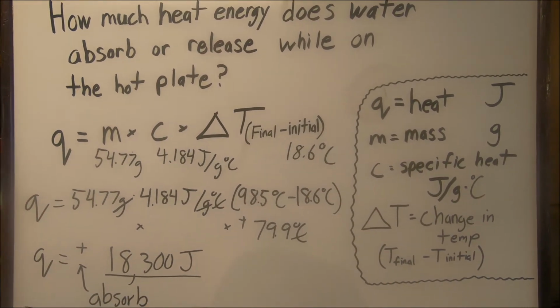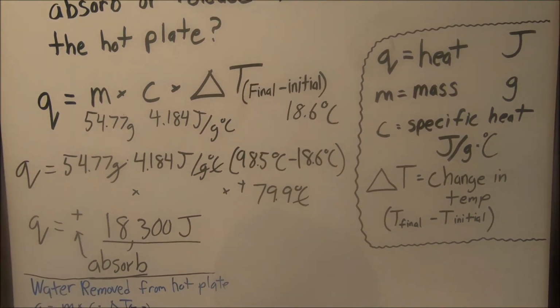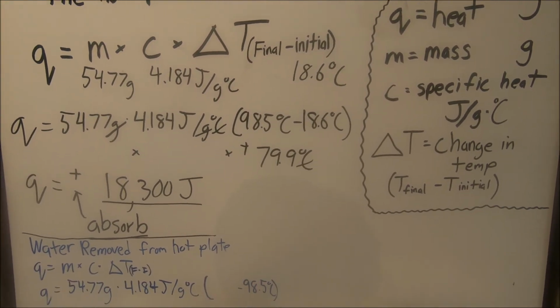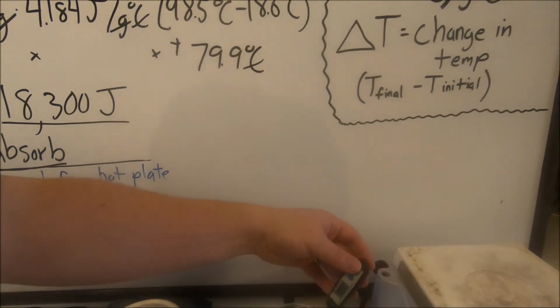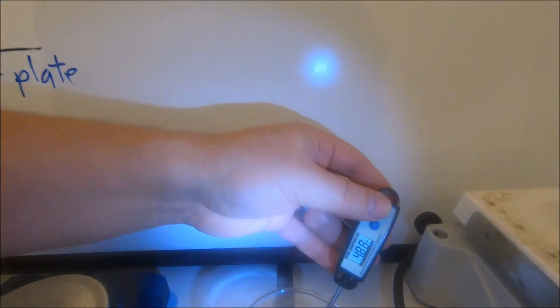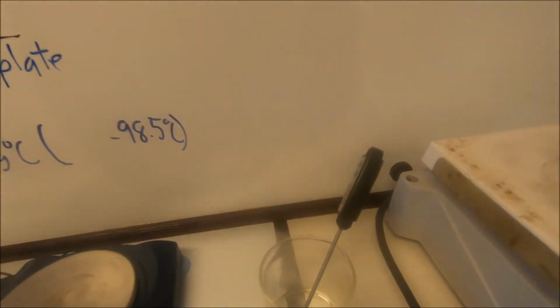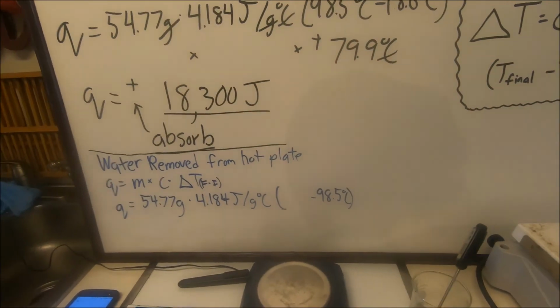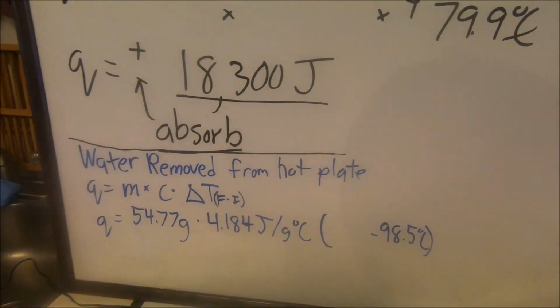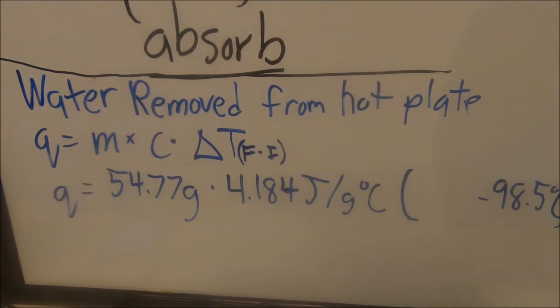All right, so now what we've done is let the water that was on the hot plate sit on the table for a couple minutes. So now if we look down, the temperature of the water was 98.5 degrees. It is now 48.7 degrees Celsius. So looking at that, when we removed the water from the hot plate, it began to change